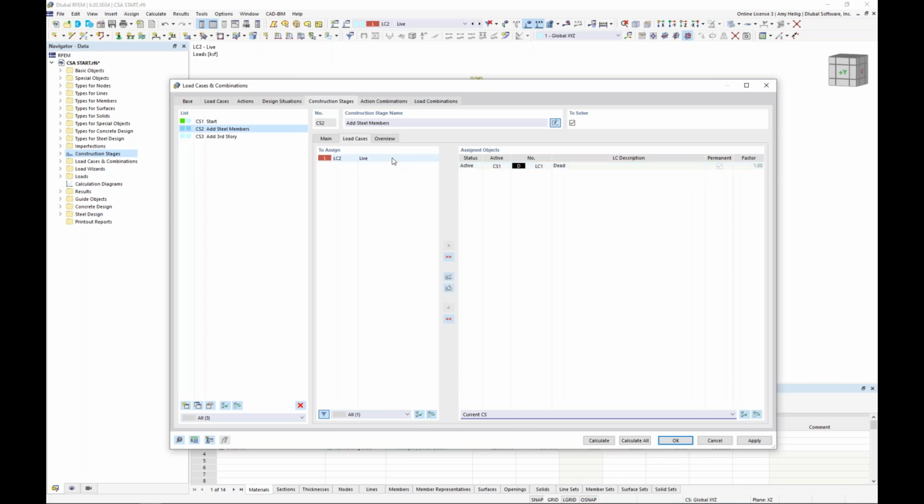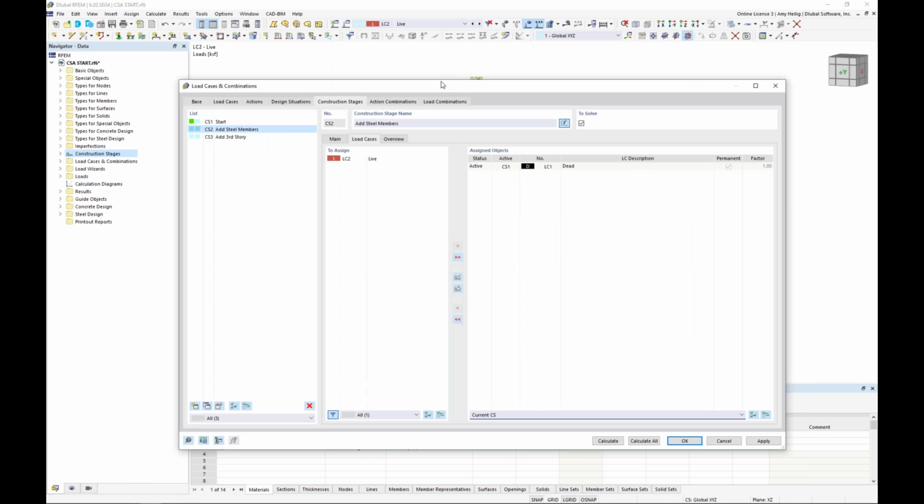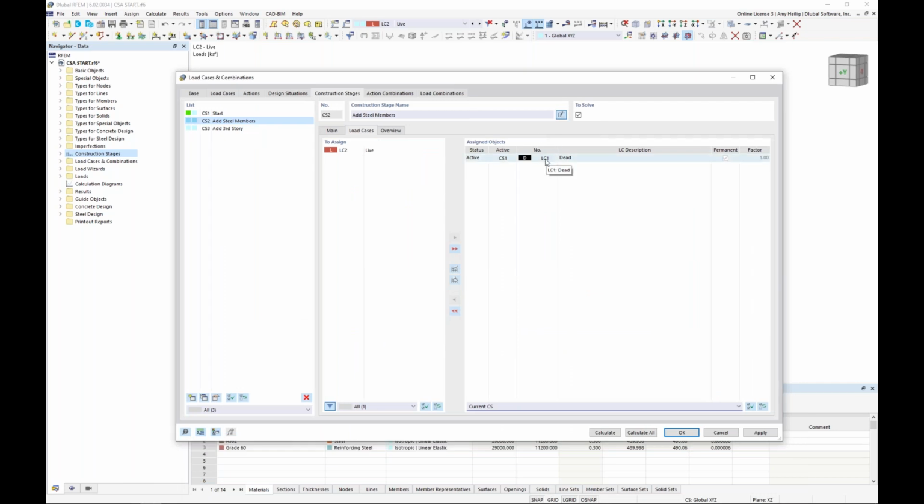If that permanent checkbox is turned off, then we are not necessarily considering it with the initial state. So let's say, for example, remember construction stage 2 is where we've deactivated the center concrete columns and we added in all of our steel members. And for my particular example today, maybe I've removed all of those live loads during this construction process. I really only want to consider the dead load. So we can leave the live load over here on the left where we will not consider it for this